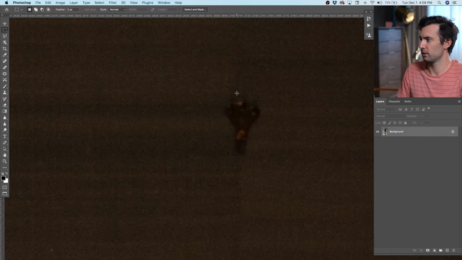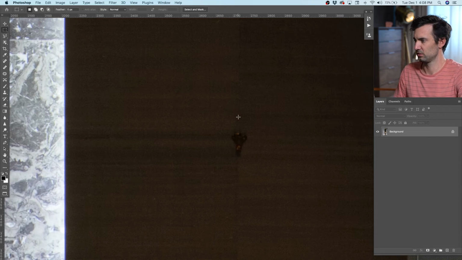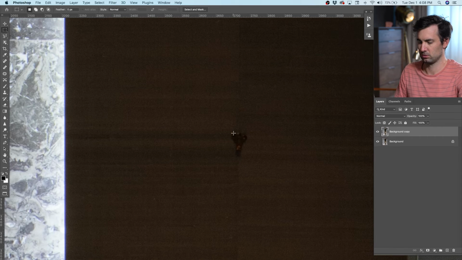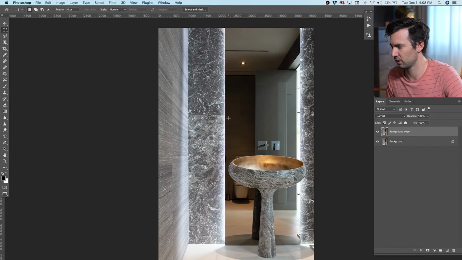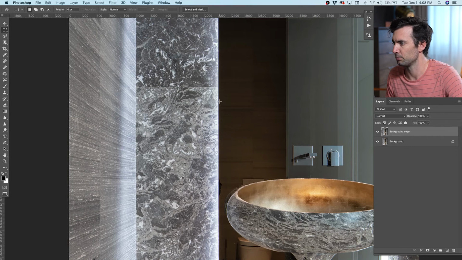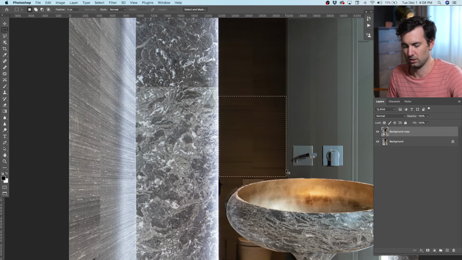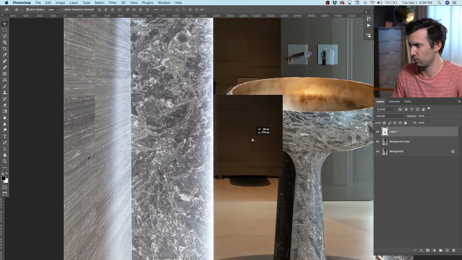First thing I'm going to do is get rid of this art hook. I'm just going to duplicate my background here. Shift F5. Get rid of that. And I'm going to take, let's see, this big chunk of wall here. Copy, paste. First thing I'm going to do is